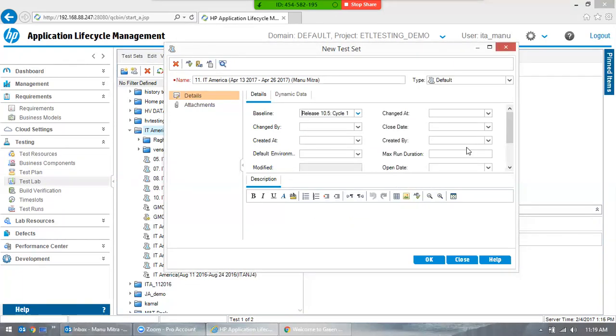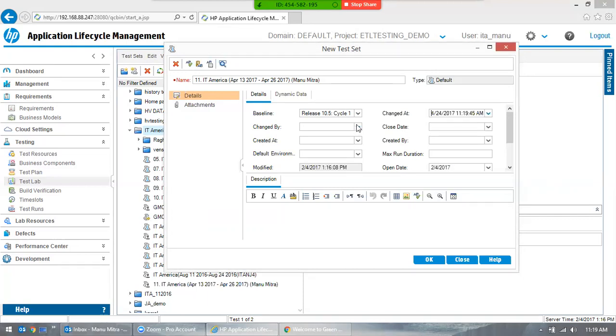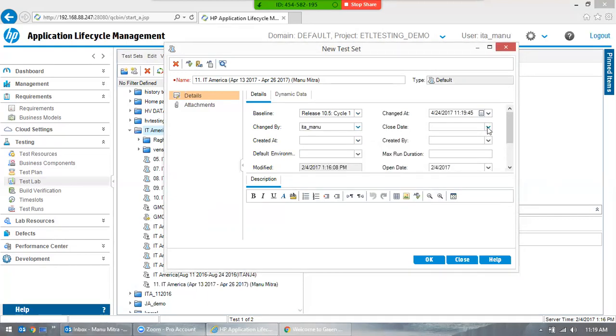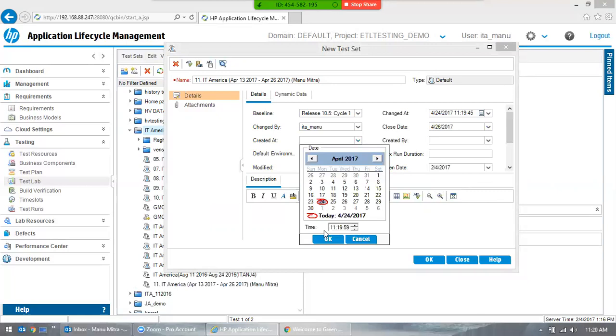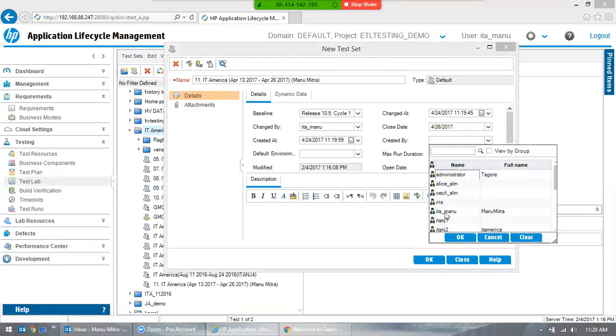So you know which release it's going on. If you want to change that, okay, today's date. Changed by, it's me, so I'll just put that. Close date, that is 26th, and created at, that will be today's date, and created by, that will be